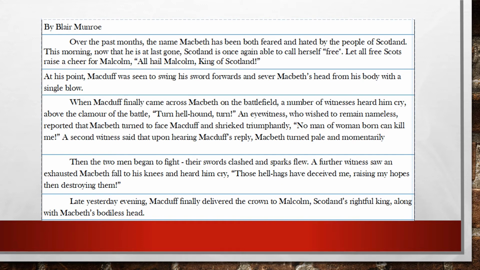Late yesterday evening, Macduff finally delivered the crown to Malcolm, Scotland's rightful king, along with Macbeth's bodiless head. Where do you think that one's going to be? That doesn't sound like it's at the start of the text. So you'll have to cut them out and put them in the correct order. If you're unable to print these, actually I'm just going to go on to the next slide, so let's bob over to the next slide.